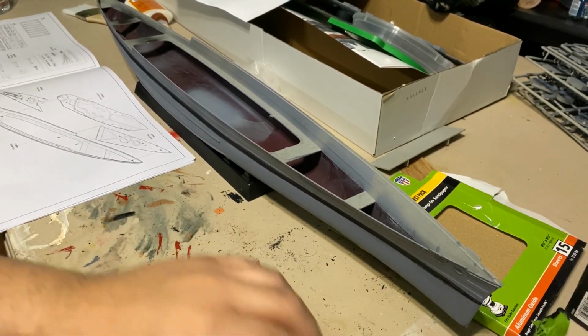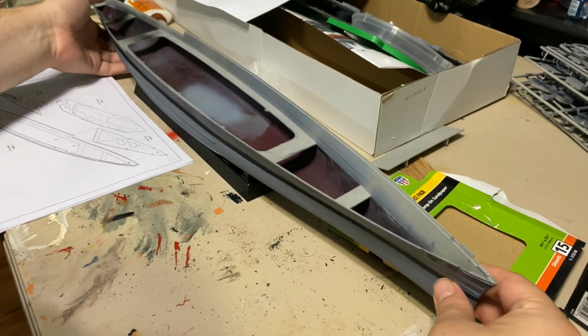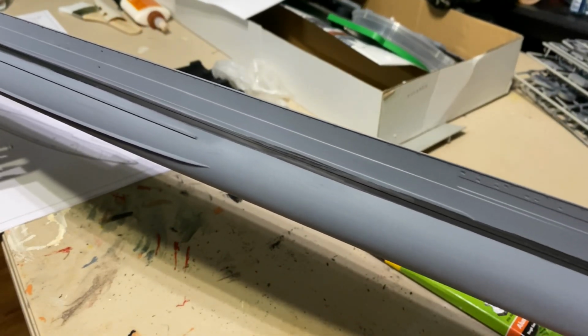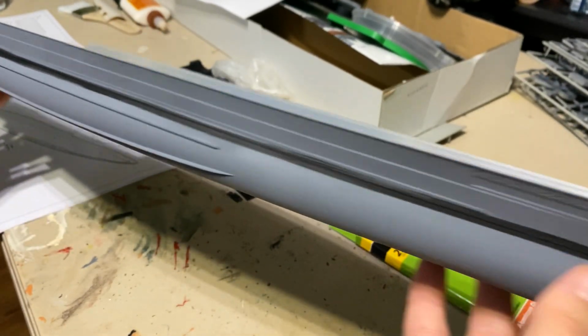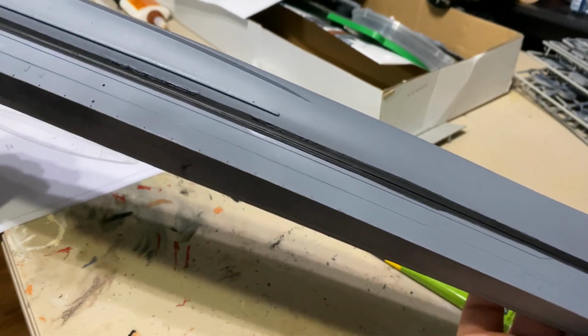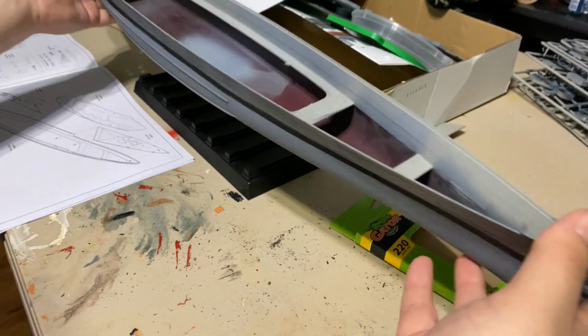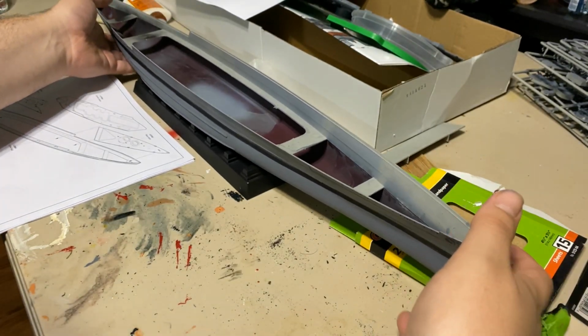There's some touch-up work that needs to be done, but at this time this paint was still pretty tacky. I didn't feel like breaking out the brush and potentially making a bigger mess. So once that fully cures, I'll probably go back and straighten it out here and there. But overall, it looks much better. I'm okay with it looking kind of sketchy in some places because the Hood was in frontline active service with